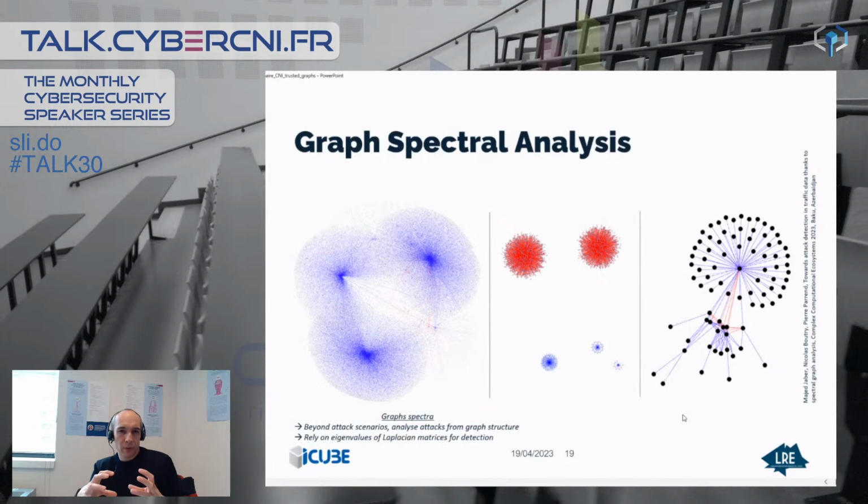The analysis of spectra is about how we can use not only the patterns, which are really specific to particular attacks and rely heavily on knowledge, but more the structure of the graph, the structure of the interaction. What we expect from graphs is to be able to exploit the information of the interaction between the machines. And here we really focus on studying the graph spectra, the graph structure, and namely we are working very precisely on the behavior of eigenvalues of the Laplacian matrix for detection,